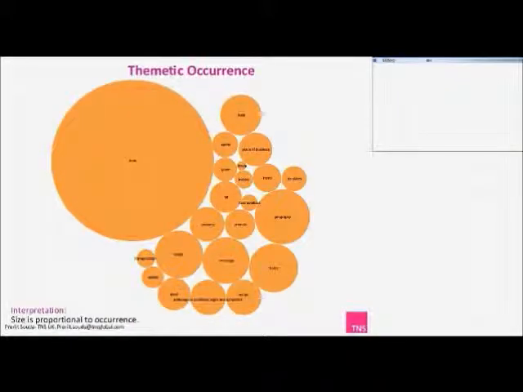This is a kind of thematic occurrence. The previous analysis that you saw was more about the numerical aspect of communication. What will follow now is more of a textual analysis. Here, all the conversations on the McDonald's Facebook pages are mined, and the major themes coming out of it are plotted here based on their occurrence.